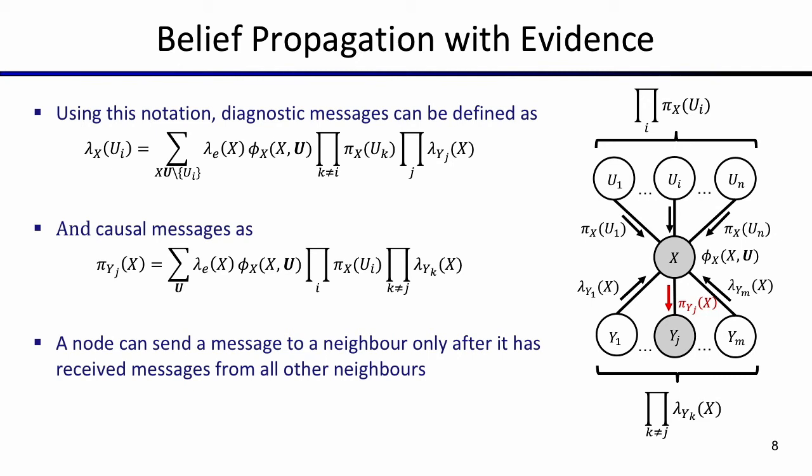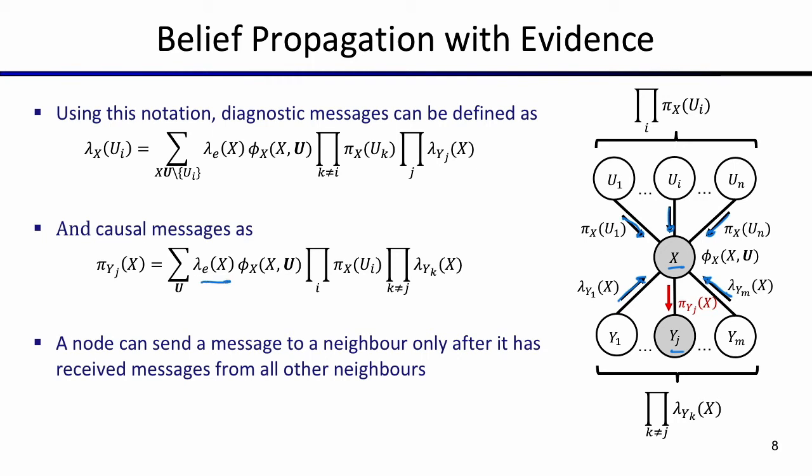So I send a message from X to one of its children, that's YJ. In order to compute this message, I need all the messages coming from all the parents, including UI, right? And all the messages coming from the children, all the children but YJ. So let's take a look here in the